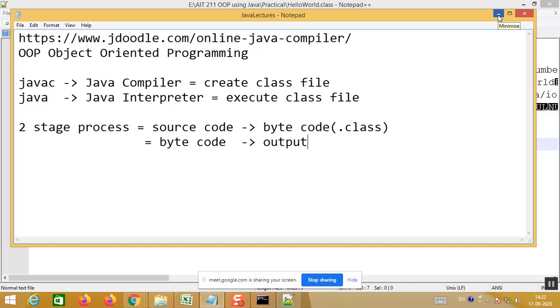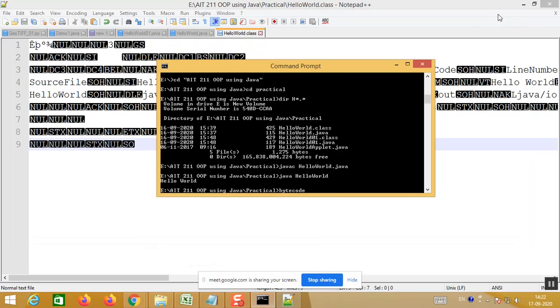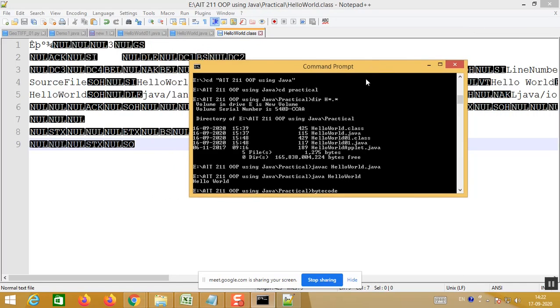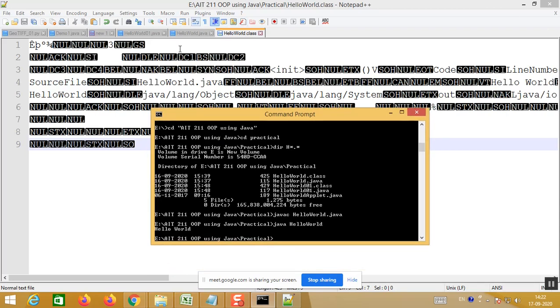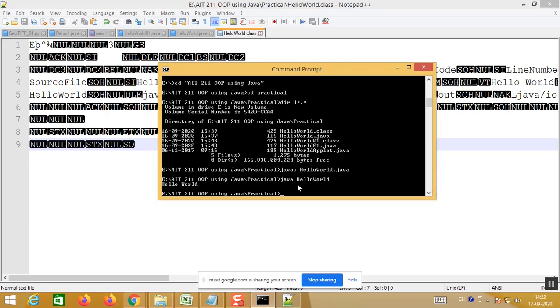Yes, sir. Okay, the first one is that you can execute a Java program using any terminal, as any terminal is available online using which we can execute our program. And the second, very important point is that Java program execution is a two-stage process.